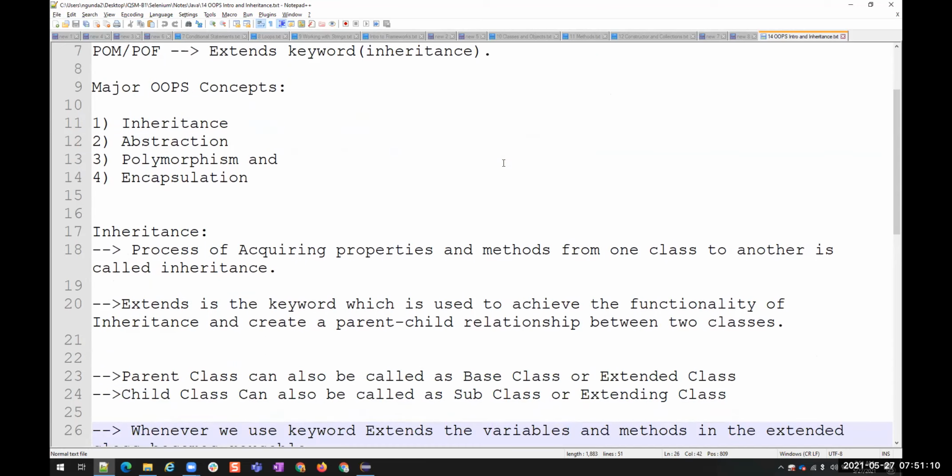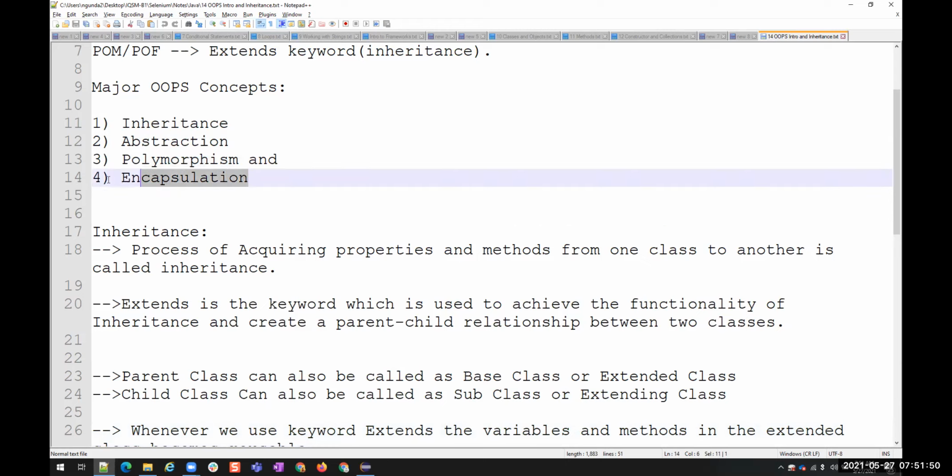There are around 7 major object-oriented programming concepts, but only 4 of them are important. They are inheritance, abstraction, polymorphism, and encapsulation. Okay. The other 3 are like assigning values to variables. That is also one concept of object-oriented programming. Okay. And creating relations. So such kind of things are there in the other 3, but those are not needed. Okay, nobody is going to worry about them because they are the default behaviors. So these are the 4 extra things that we do if we want to implement object-oriented programming concepts.